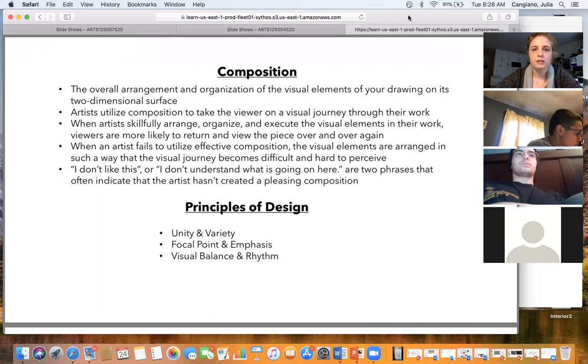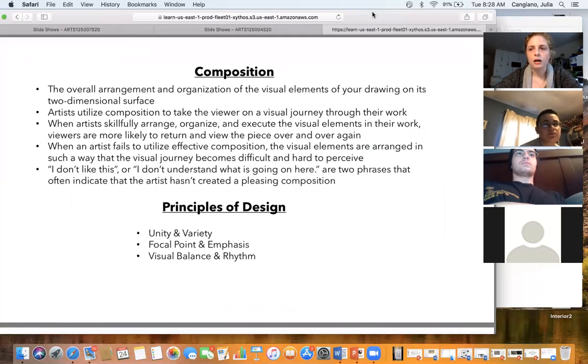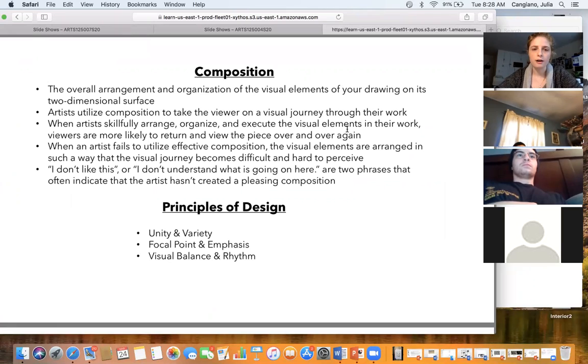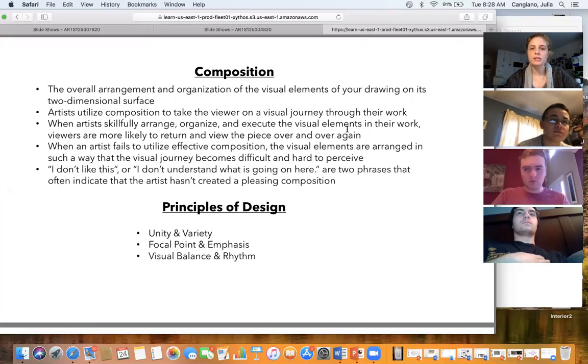What I wanted to introduce today is this idea of composition. You've probably heard me talk about it a few times, but it's the overall arrangement and organization of the elements of your drawing on a 2D surface. We've talked about how thumbnailing can be a good way to experiment with possible compositions, or at least choose a few. Your viewfinder is a great tool as well. Lots of things can help you get good composition, but one of the main things is knowing the principles of design and knowing what makes something on a page look interesting.